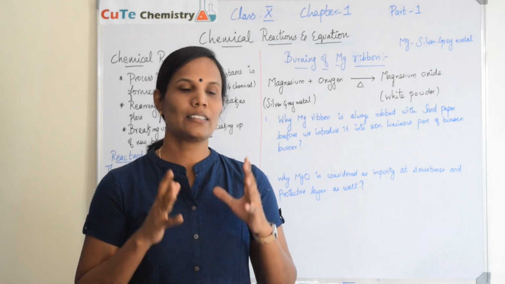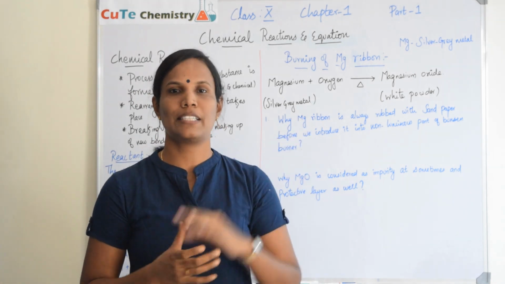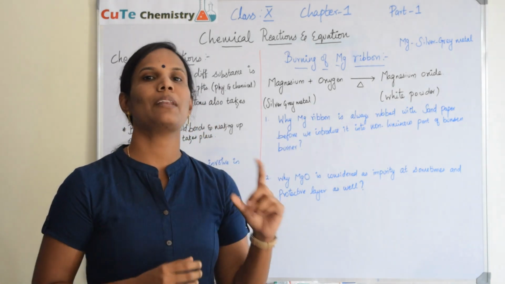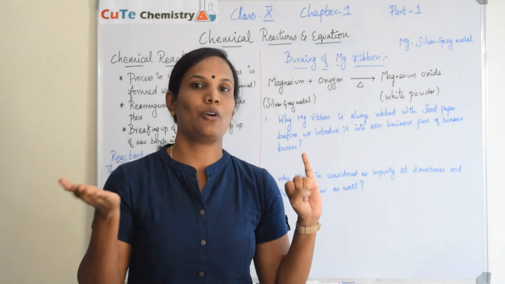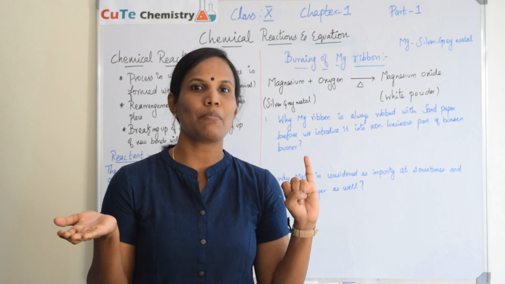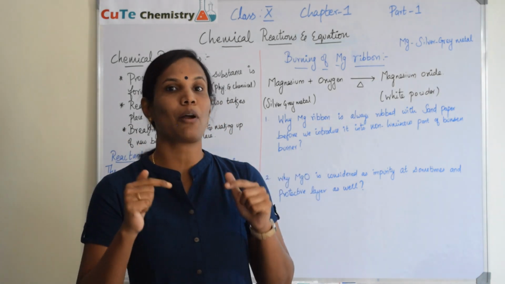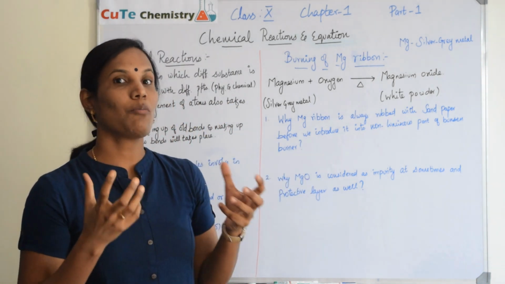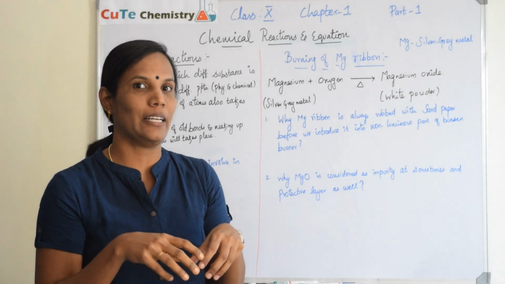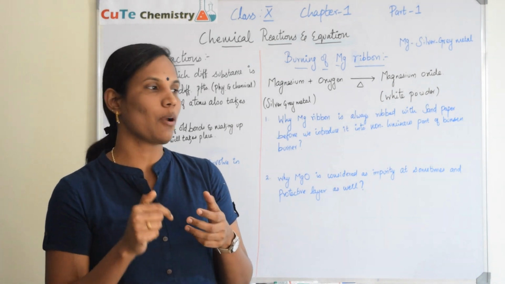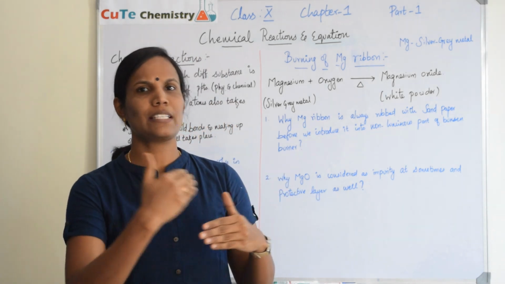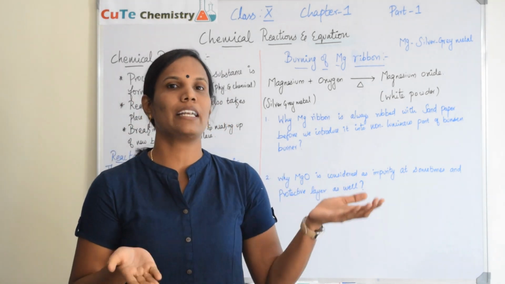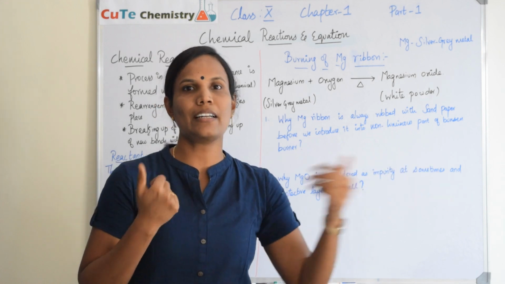In general, a chemical reaction involves three changes. Number one, we will get a different product. What is the nature of the different product? It will not possess the same properties that the reactants, the substances we initially put together, had. It will have different properties, either physical or chemical, that vary between the reactant and the product.